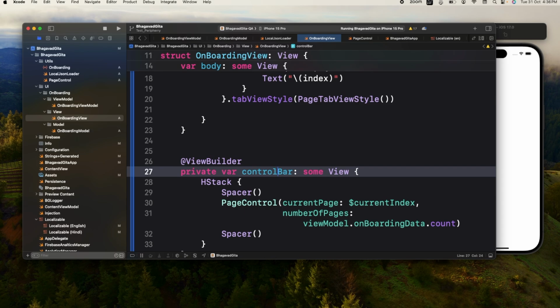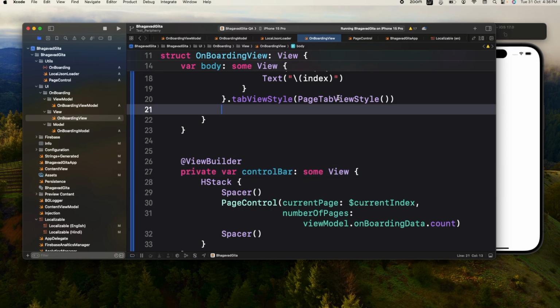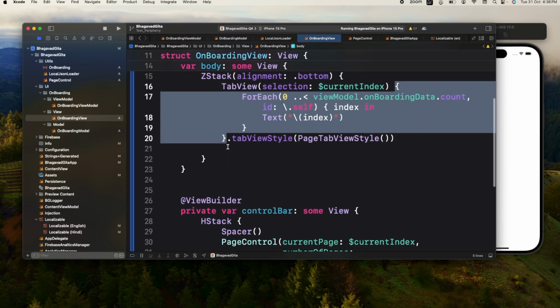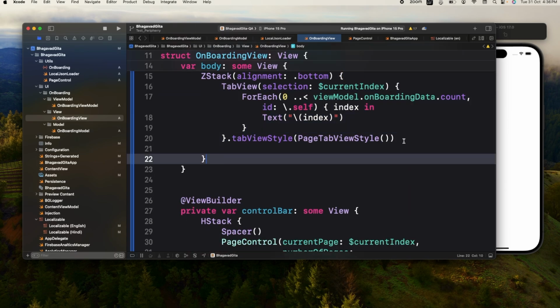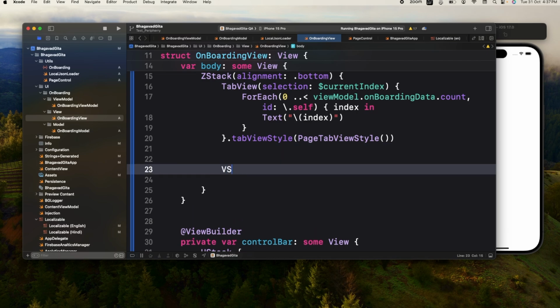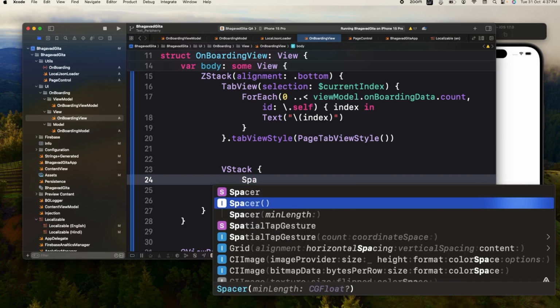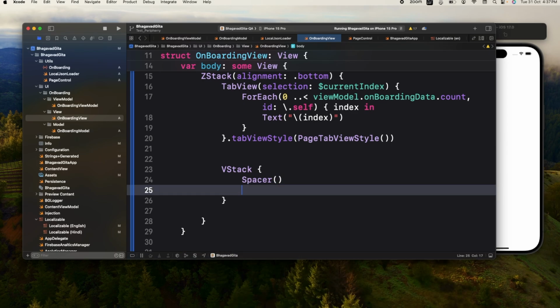After this tab view, we can load it. So VStack, and inside that we'll have a spacer, and then one more spacer,